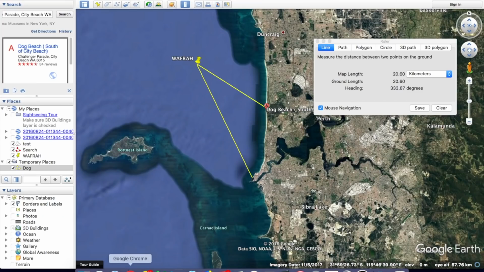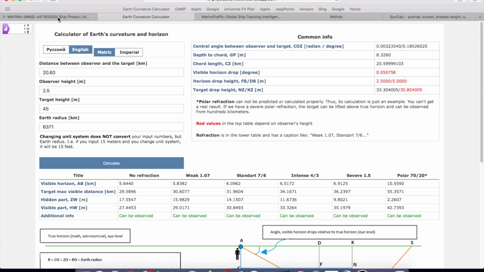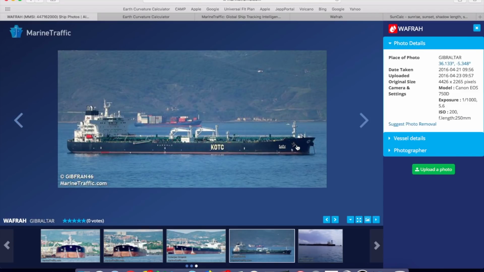from that distance. Now let's take another look at this Wafrah ship, and this time it is sitting lower in the water. It obviously has a full load, and remember the loaded height was about 45 meters, so that's to the top of this mast. So if we look at 1/3 of 45 meters, that's going to give us 15 meters. Now 15 meters, if we look at that being the top, split that into thirds, it's about there and it's about there. So if we have 15 meters of the ship hidden, we should not be seeing any of the